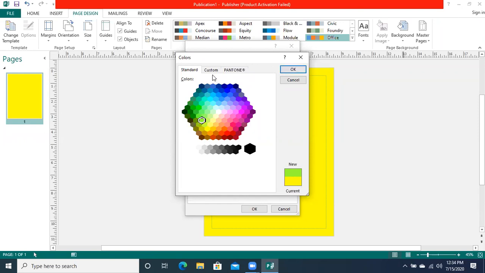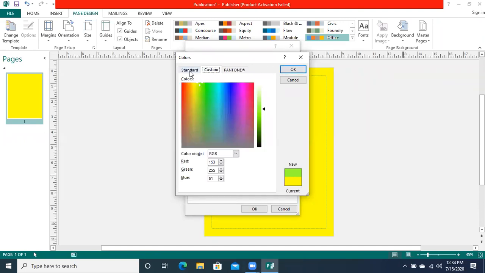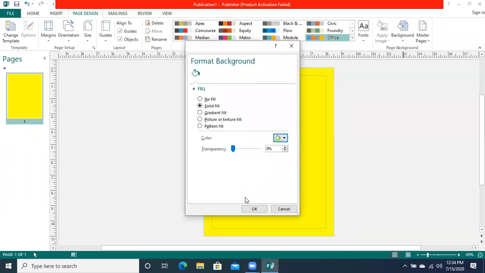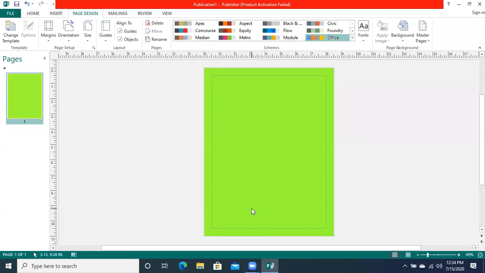So these options are available from here and you can click OK, and when you apply, you will see that this background has been applied to your publication that you are going to make. I think this is very clear to all of you. This is how you can set up a background color.